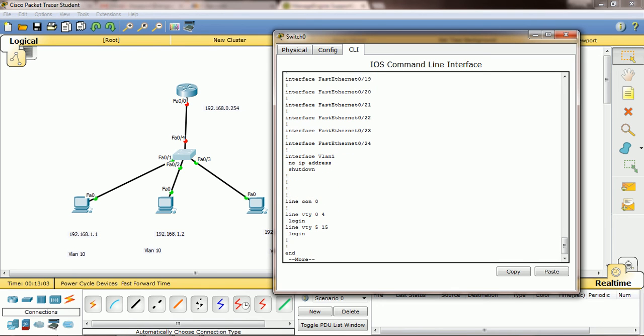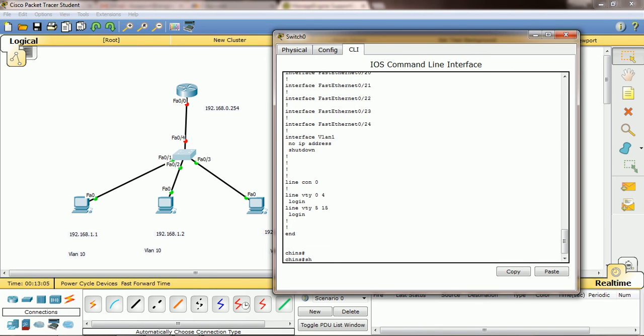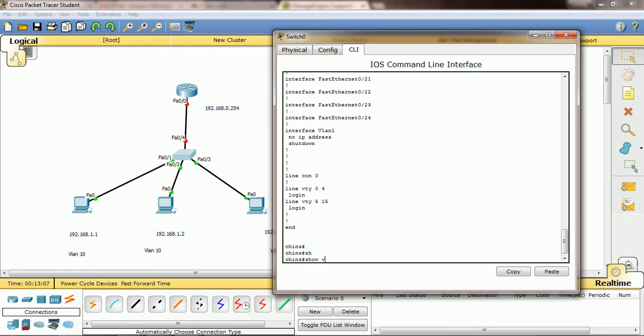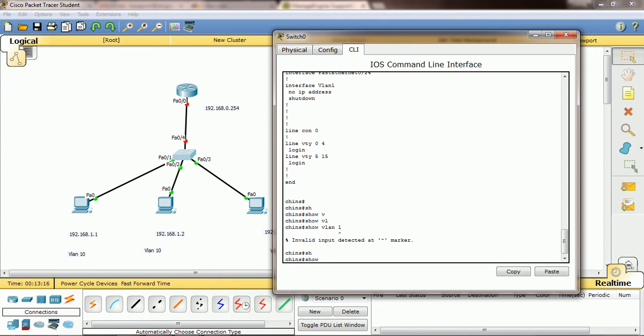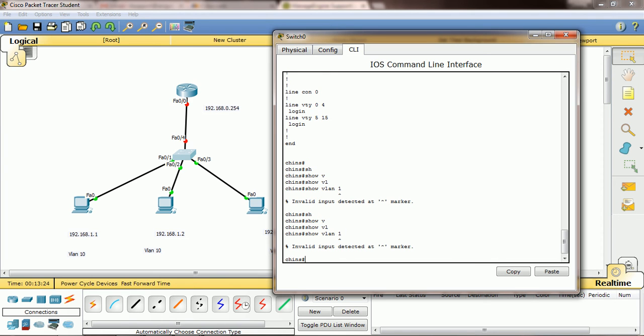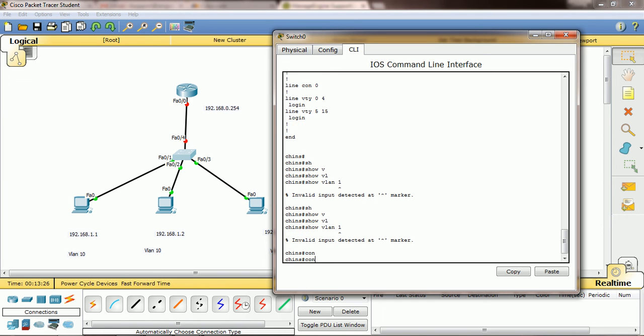That also you can see if you type show VLAN 1. Sorry, one minute. Oh sorry, we need to enter into global configuration mode.